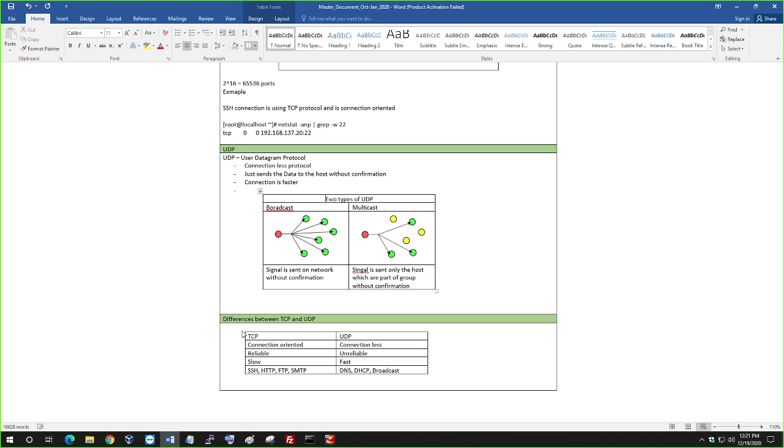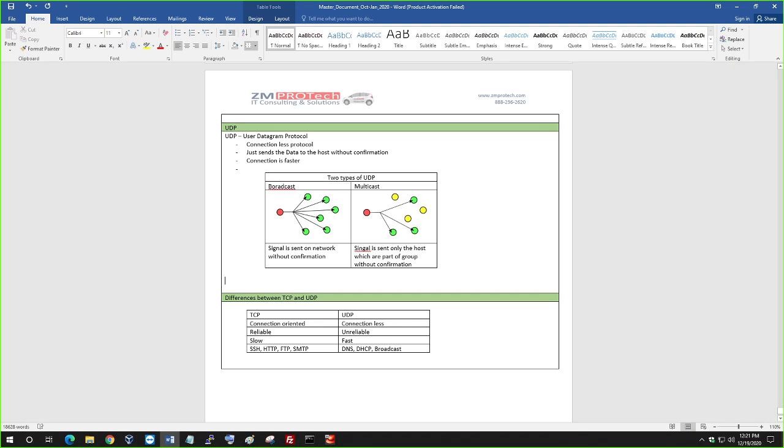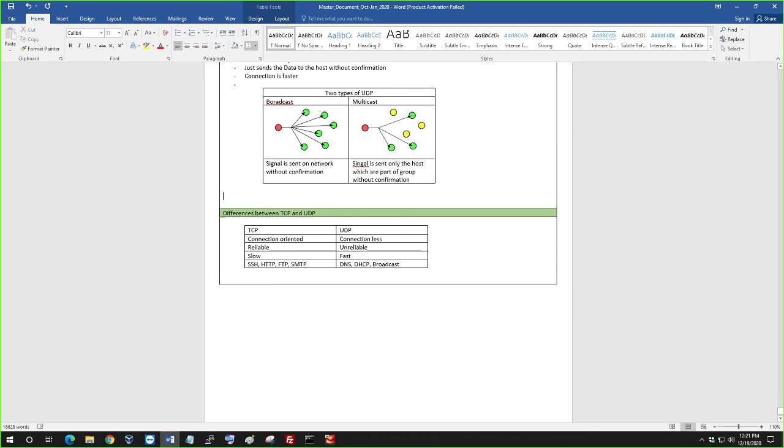Protocol. And the difference between the TCP and UDP is just the connection. Okay, so